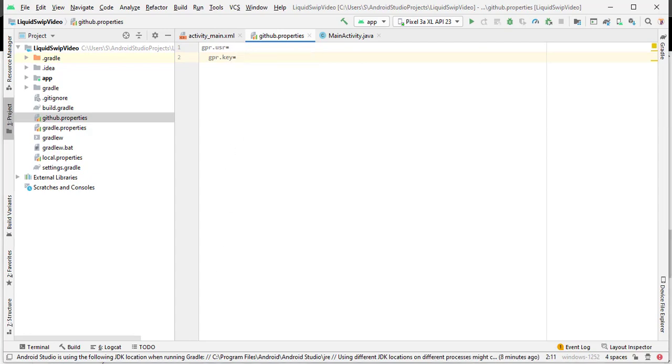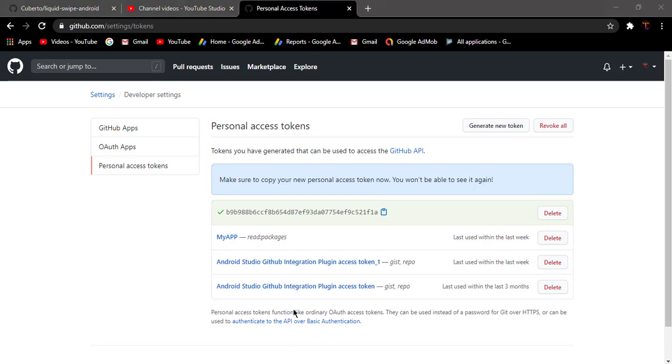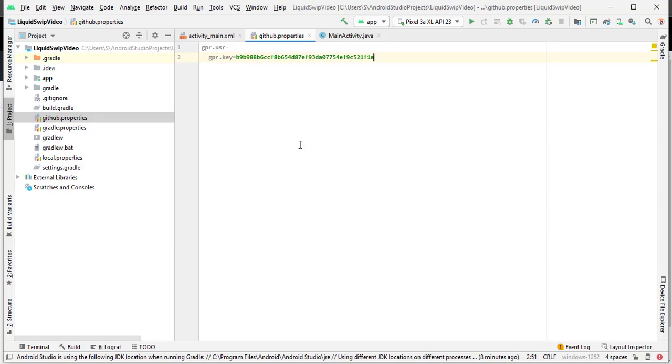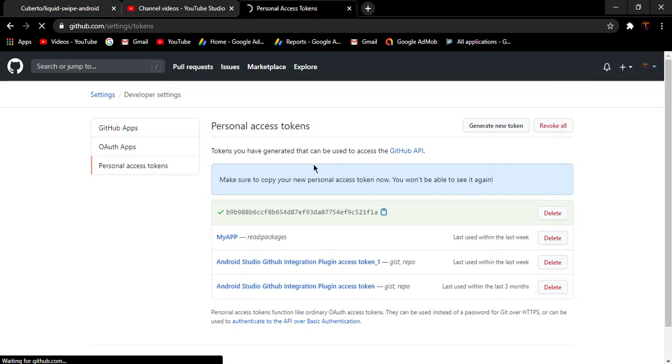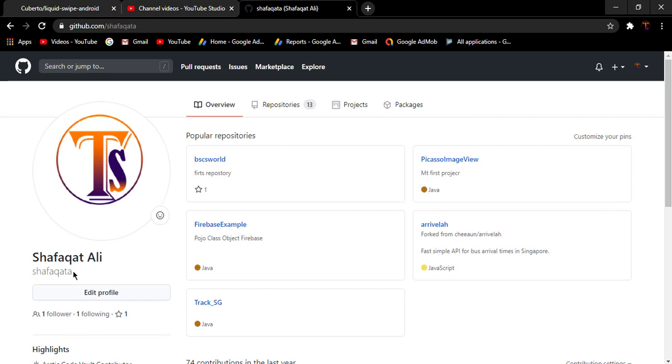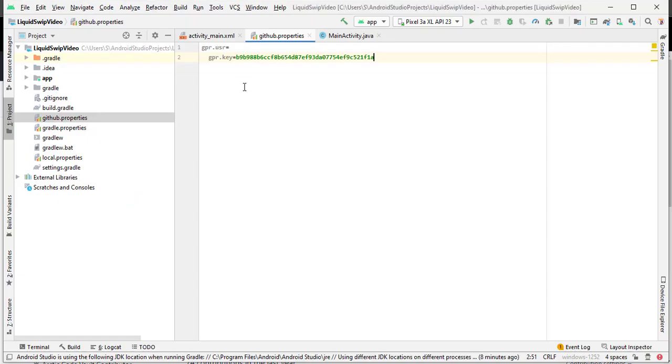I will copy the token that I have created here. Just copy this one and paste it here inside Android Studio. Now we need our GitHub profile. Just click here, click on your profile, and copy this username. Copy it and paste it here inside Android Studio.